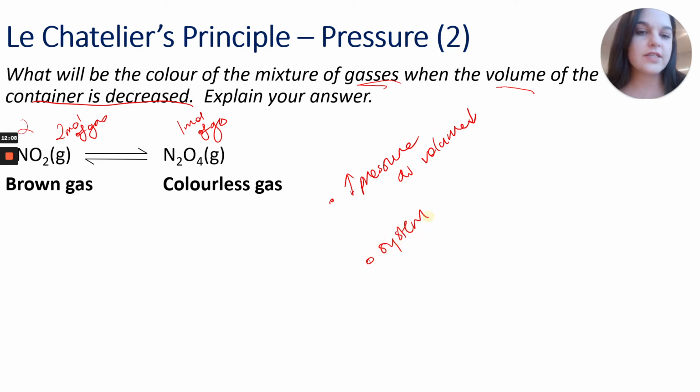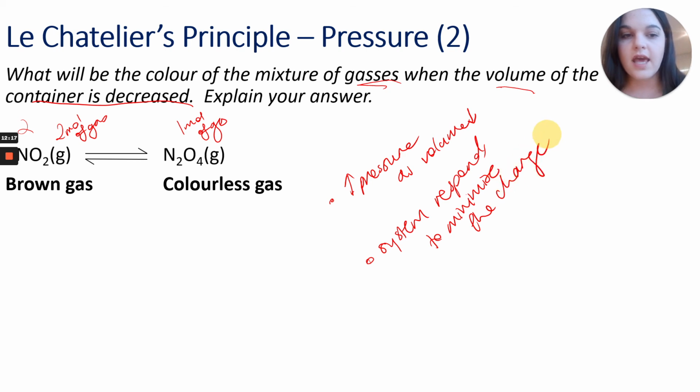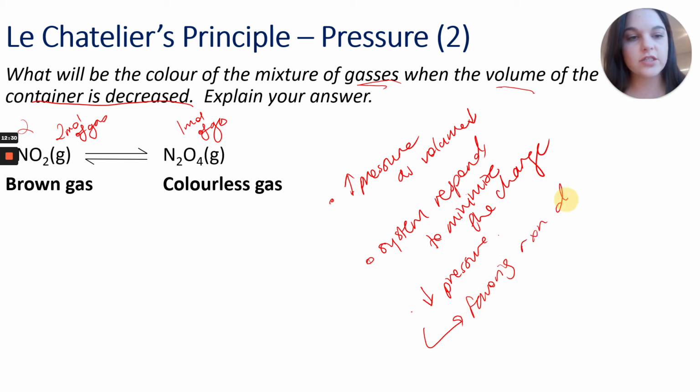Next thing is our generic statement. System responds to minimize the change. And it's going to do this by decreasing the pressure again. And it does this by favoring the reaction direction that produces more moles of gas, because I'm trying to